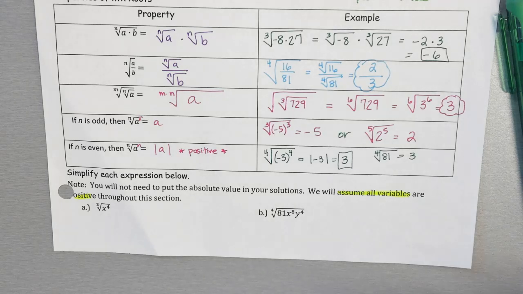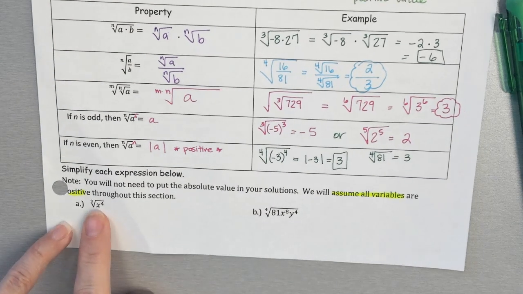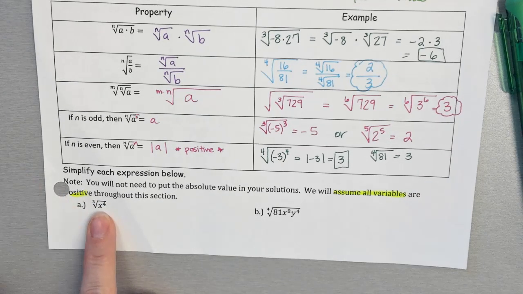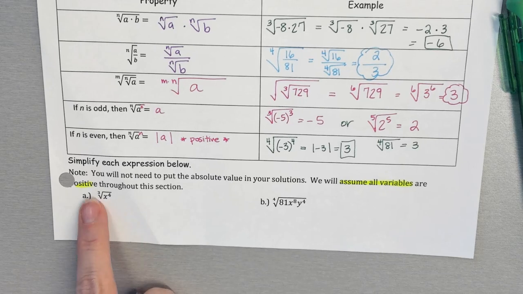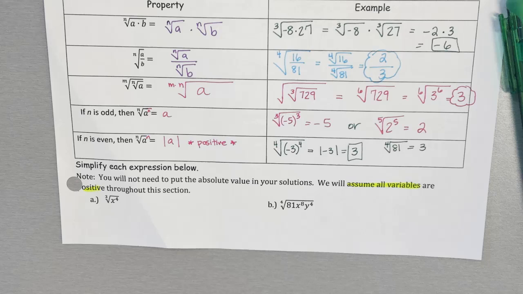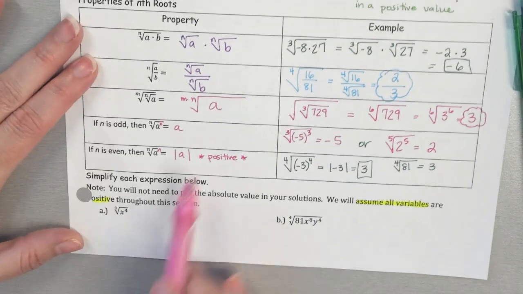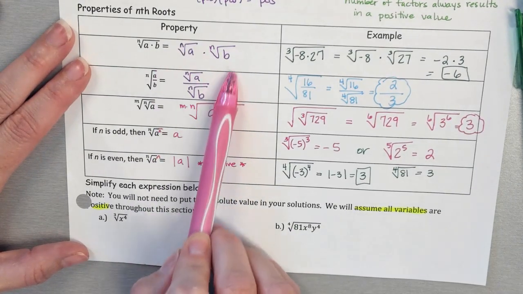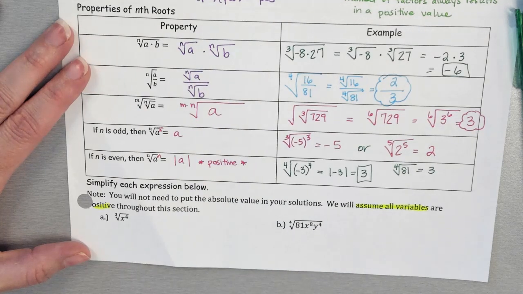Okay, so when you're simplifying the expression, what you are trying to do is take out any perfect root. So if the index number is 3, it's a cube root, okay? And you can think of this in a few different ways. If you remember this from last year, in a moment I'll explain how you can think about it. But remember, we just went over all of these rules, and you can rewrite this as a product of